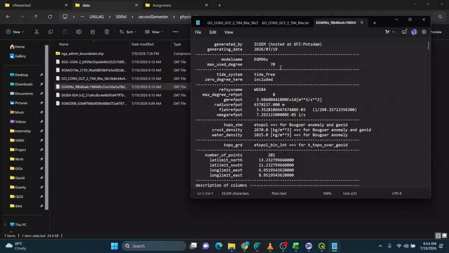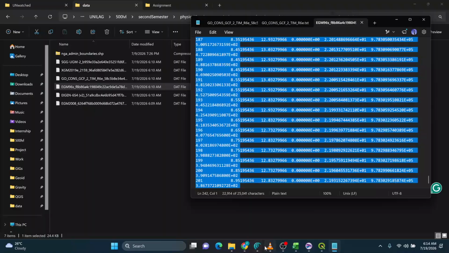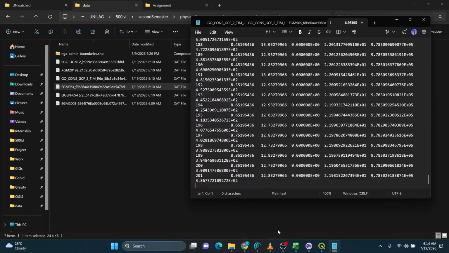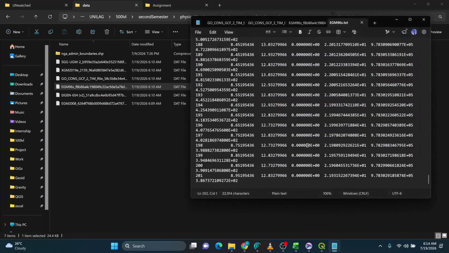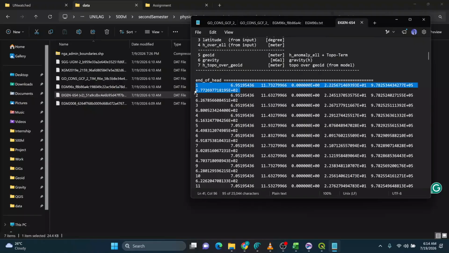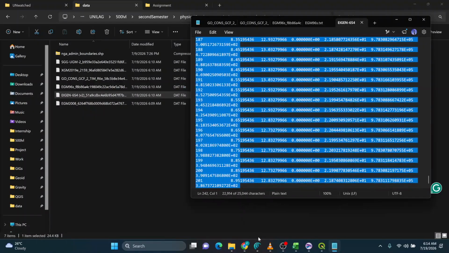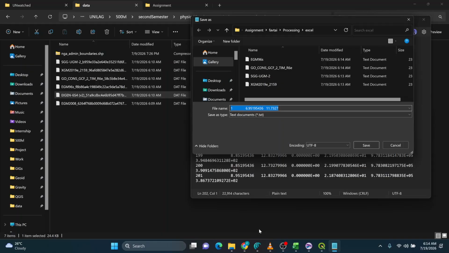Open the next one, copy the name of the model first, Control C, highlight the points, Control C, Control N, Control V, Control S, Windows V, and save. So on to the last one, double click, copy the name, Control C, highlight the points, Control C, Control N, Control V, Control S, Windows V,